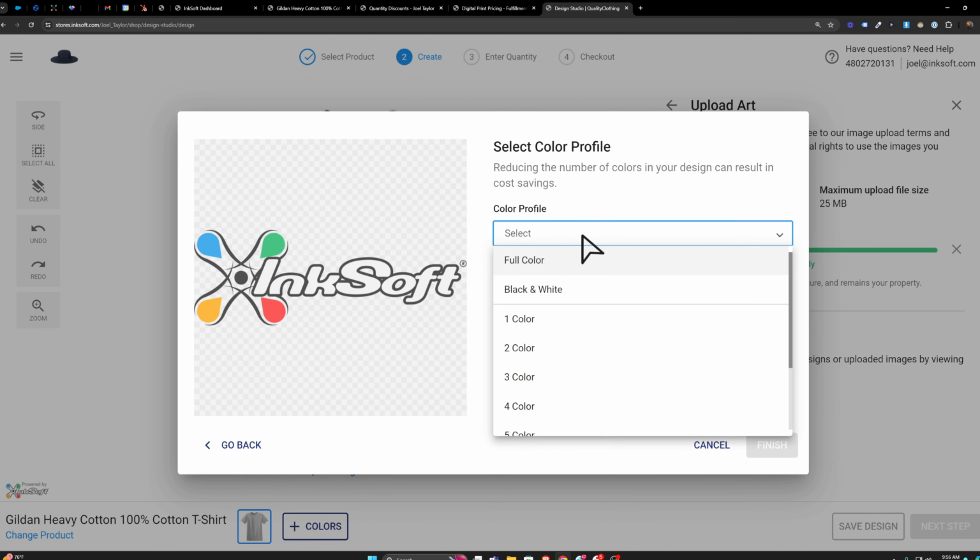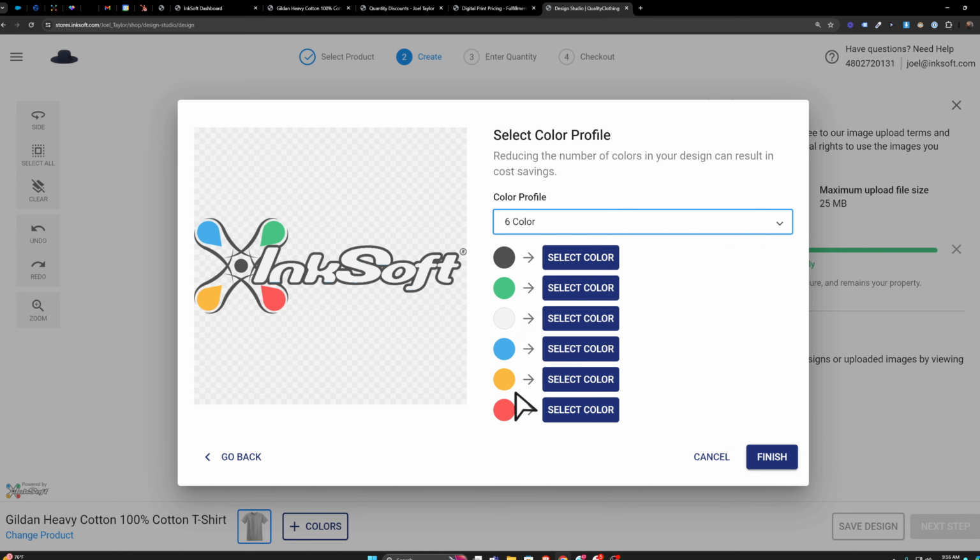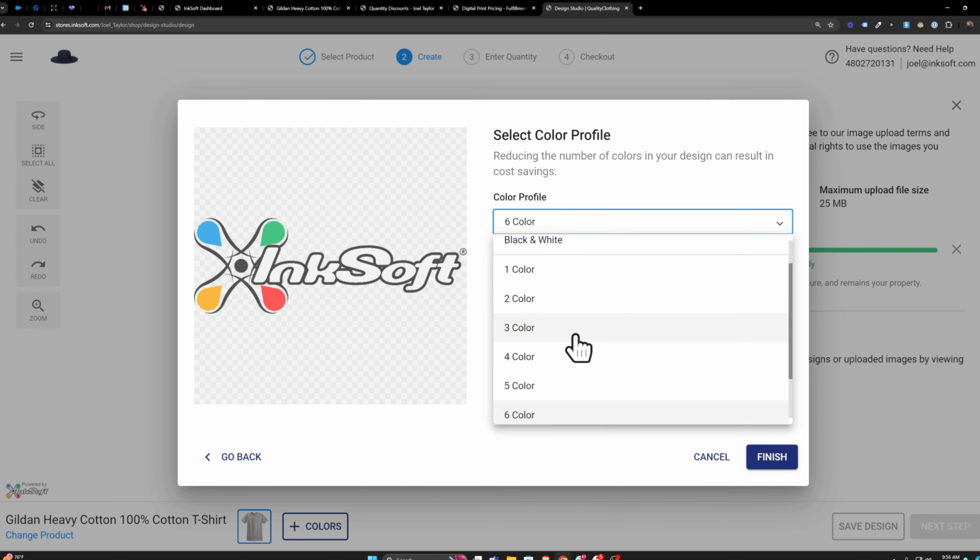So if I choose full color or black and white, it's going to set the digital print pricing grid that this SKU is assigned to in the cart. And if I choose a color count, it's going to do the screen print pricing grid. So let's do digital here. Finish. Place my artwork. Next. Enter my quantity. Get price. So you can see here, quantity discount is applied here. And we're looking at $18.92 per shirt instead of,